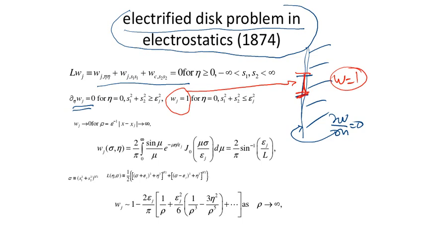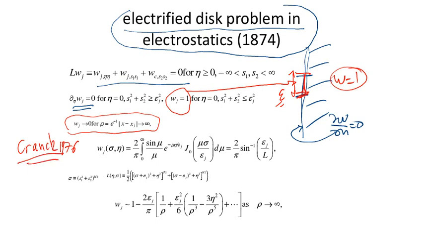You're interested in the solution that goes to 0 when the distance from the window goes to infinity. There is one interesting scale, which is the size of the window, which we can call here epsilon. The solution is well known, and you can obtain it from, for example, the book of Crank about diffusion, I think the last edition, 1976. This is the book of Crank. Or you can just do the calculation,